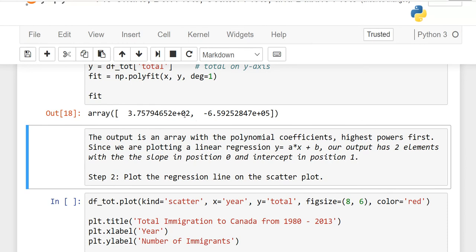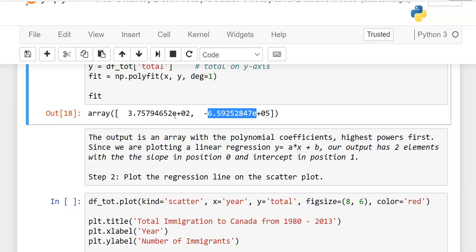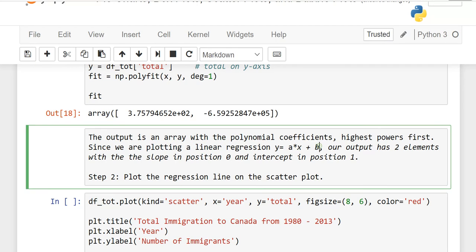3.75 and so on. Plus 2 means we have to multiply this number by 100, and plus 5 means we have to multiply this number by 10,000 in order to get a whole number. The output is an array with the polynomial coefficients, highest power first. So see, this is the highest power and this is the lowest power. Since we are plotting a linear regression, and you know very well linear regression is y = ax + b, b is the intercept, a is the coefficient, x is the independent variable, and y is the dependent variable.